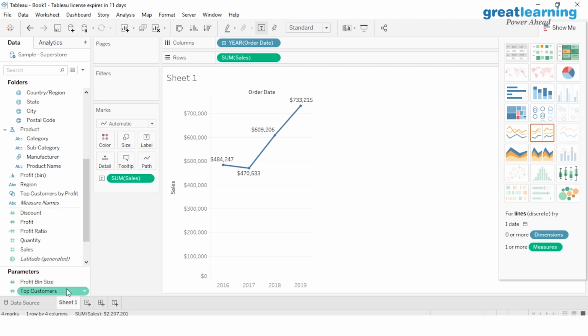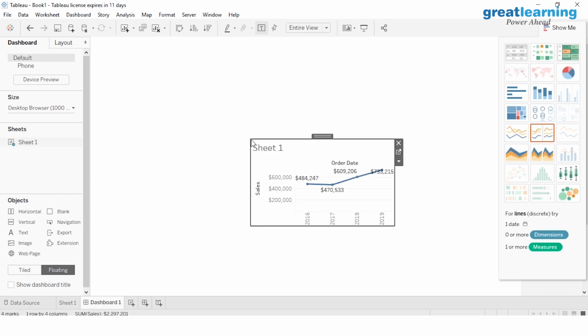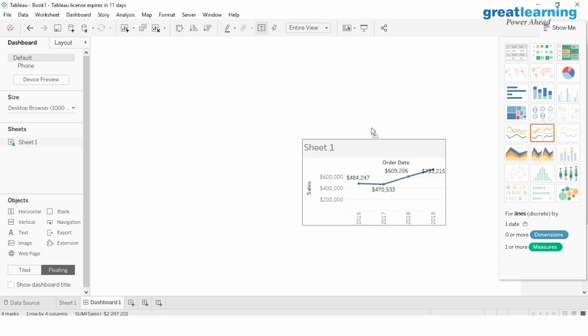If you have one visualization like this, you can actually go ahead and put it on a dashboard, and for that you have to just click here, and that sheet where you created all the information, that would be available here. In Tableau you have options of tiled and floating visuals as well. So if I want to add it here, if I choose floating, I can just go ahead and add it here and it floats around. See,